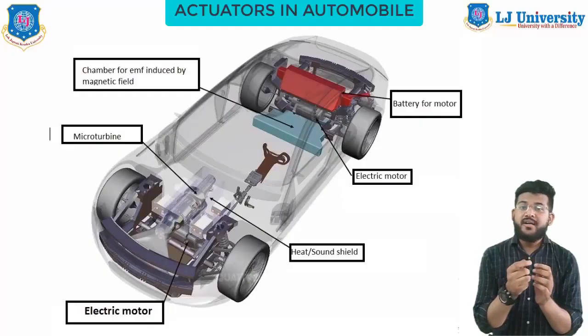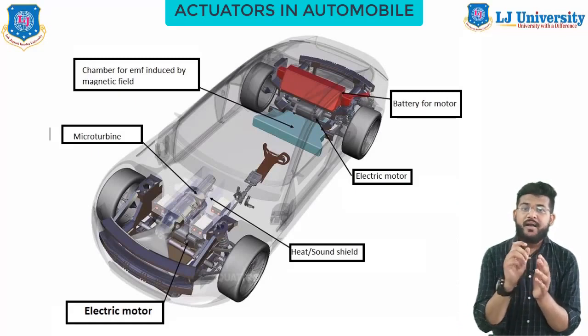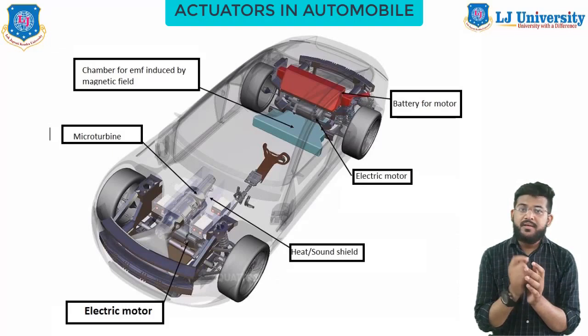So different actuators are based on electromagnetism. Actuators are actually an essential part of the electronic control system in passenger cars and commercial vehicles. Their job is to convert the electrical signals from the control unit into action. Most actuators are electric motors.